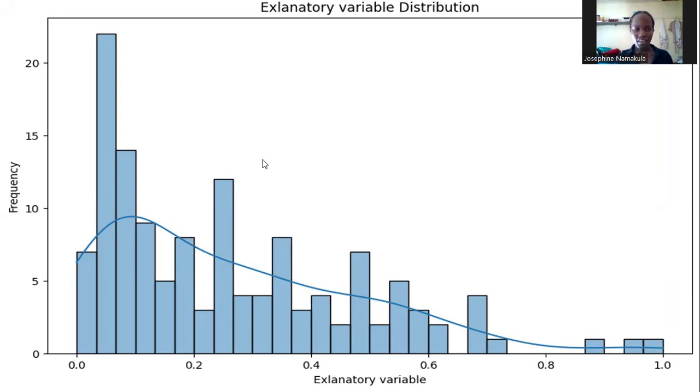This data, the explanatory variable, is left skewed. And this line peaked between 0.0 and 0.02 here, and it went down toward 1.0. When I go to the next slide,